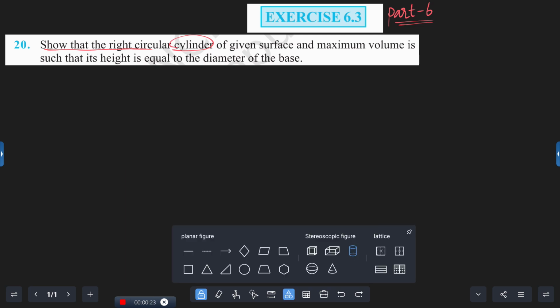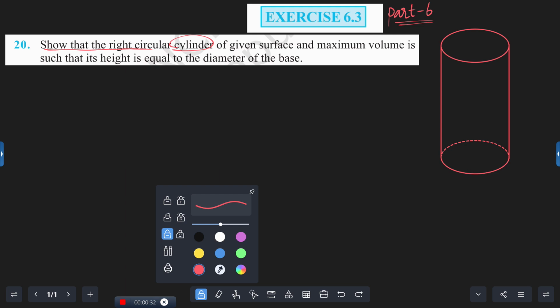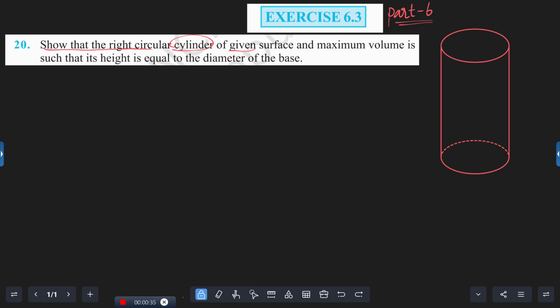Okay, a right circular cylinder. So there is a cylinder here. Whatever is given, that we should not differentiate; to differentiate, we have to convert it into a single variable, so we use the given surface. Generally, the total surface area is what you have to use. So for that cylinder,